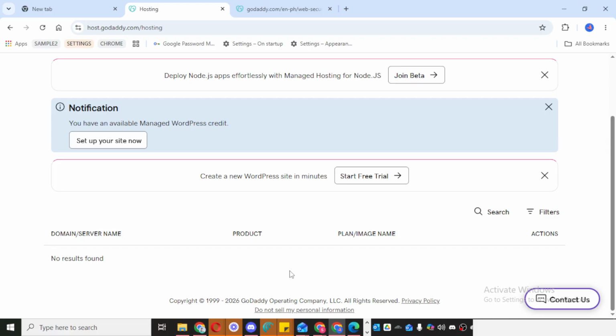That's the basic process for buying GoDaddy hosting through your account. The key is to sign in, navigate to the Hosting and WordPress section, review your current hosting details, and then choose the plan that works best for you. Follow those steps carefully, and you'll be ready to move forward with your hosting purchase.